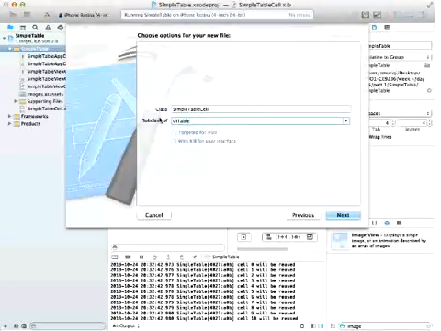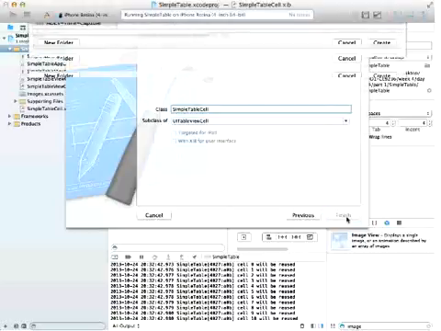It's going to be a subclass of UITableViewCell. We have SimpleTableCell as the name, and UITableViewCell. Going next,